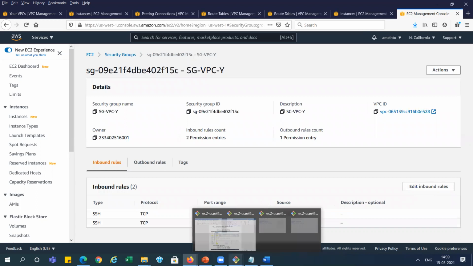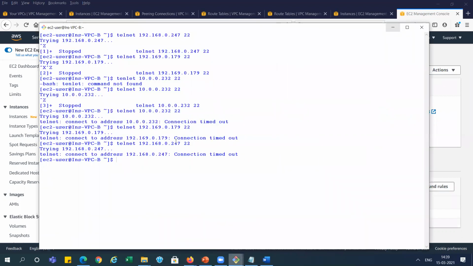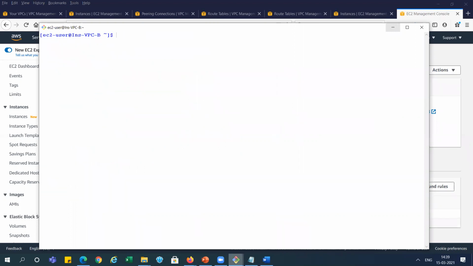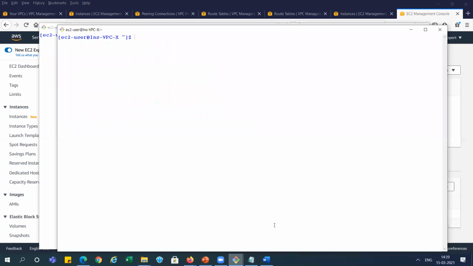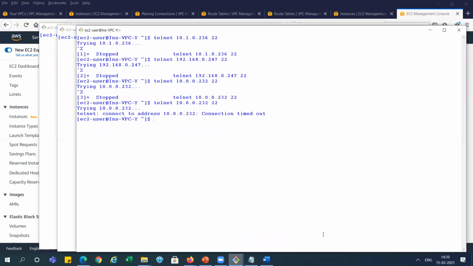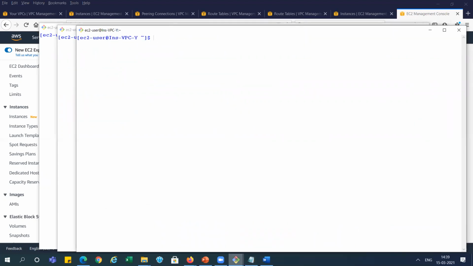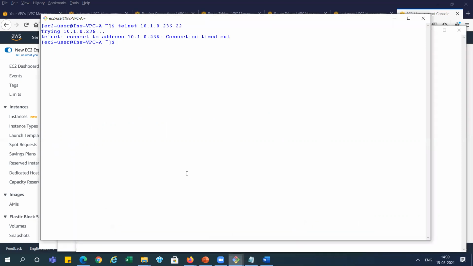Now we will go to the same window and ping this one again, right? From here also, you can see we are able to connect to it. So what we will do is test it again. From here, I'm just clearing all those spaces so we can test it thoroughly. And A1, you can see it clearing.